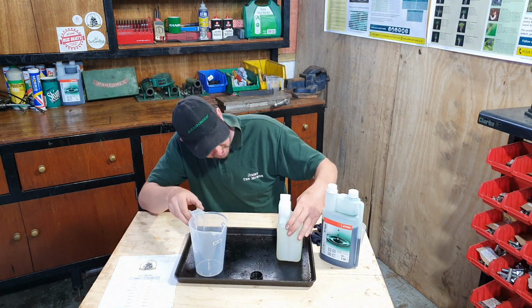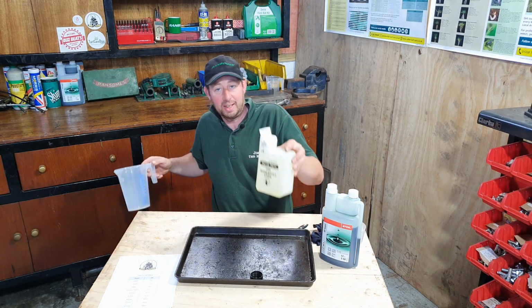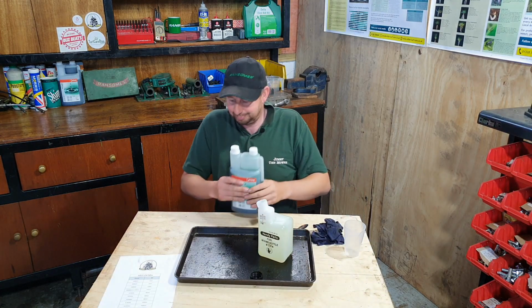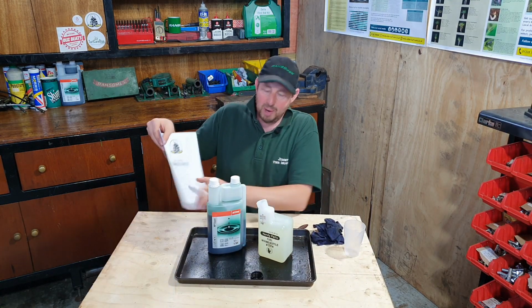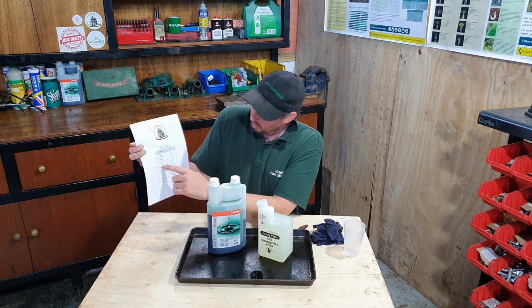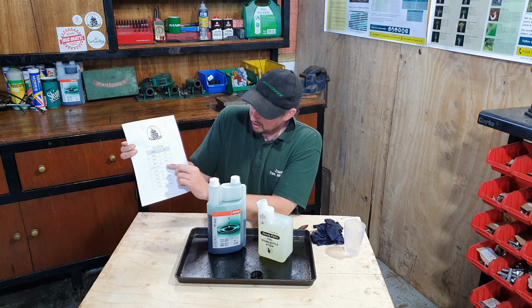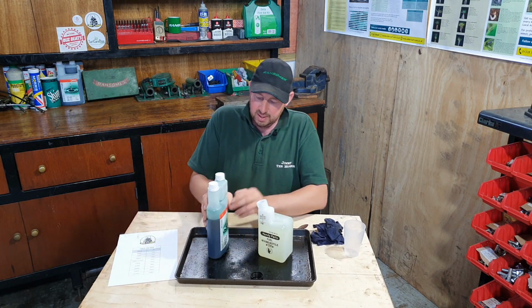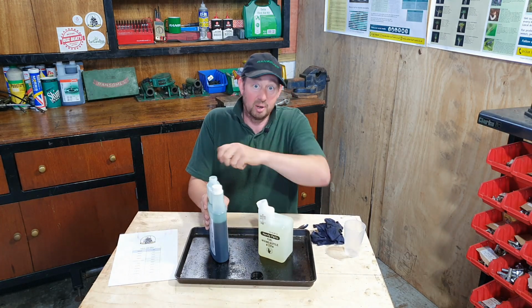Right, so there's a litre of petrol in our little holder, and now we need to put the oil in. So refer back to our chart. We're using 1,000 ml or 1 litre of fuel, which gives us 20 ml of 2-stroke oil. That's what's required. So these little packs are really handy,